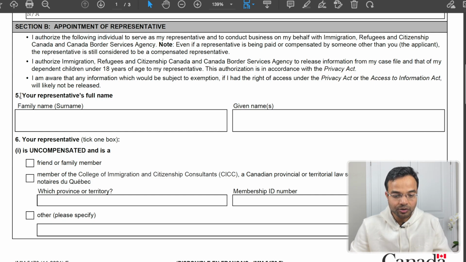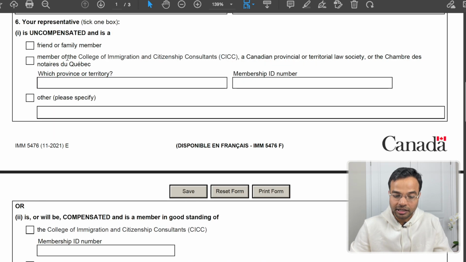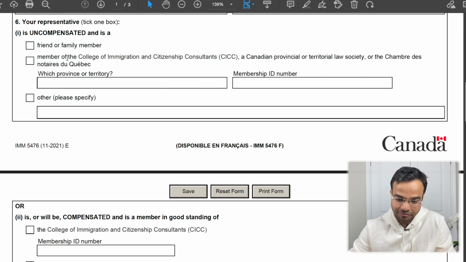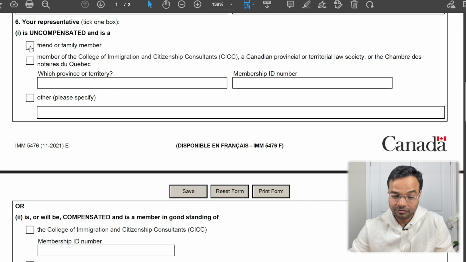So in here, you are going to enter the name of the representative. In our case, it was me, so I'll just enter my name. If you have an agent or a consultant working on your file, you are going to provide his or her name here. In the next question, you have to tell whether this individual is an uncompensated representative or a compensated one. Since in our case, I was the representative of my wife and I did not charge her any money for that, because I'm not a daredevil to have the guts to do that,